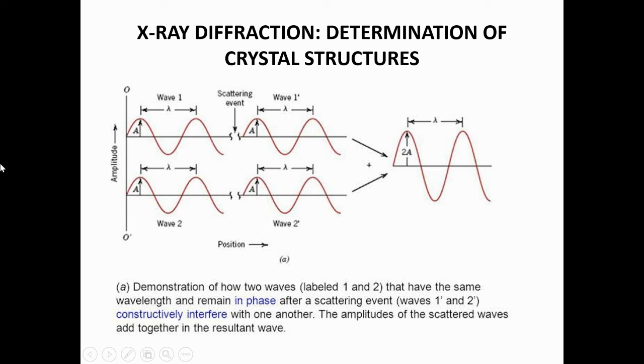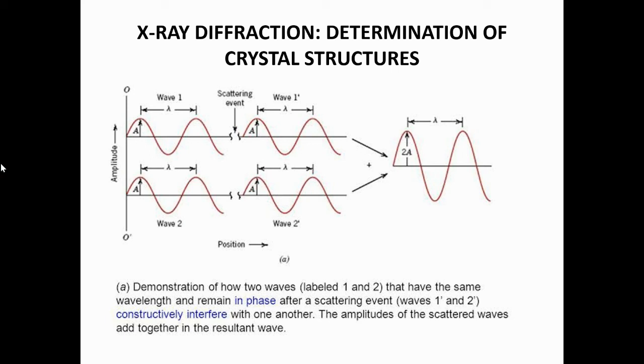Okay. So diffraction occurs when a wave encounters a series of regularly spaced obstacles that are capable of scattering the wave, and these obstacles have spacings that are comparable to the wavelength. So you can say that diffraction is a consequence of the relationship between two or more scattered waves.